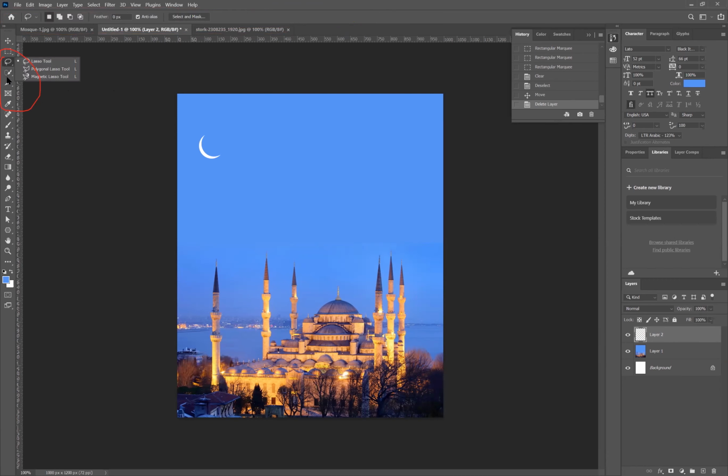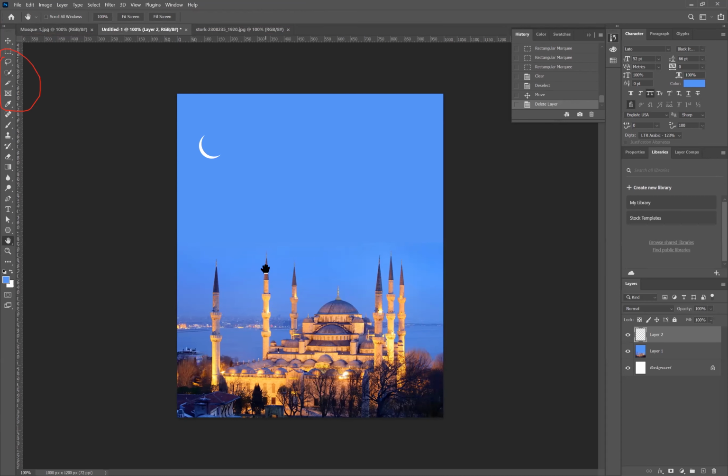Lasso, and then inside this quick selection, and then I also showed the hand sign. The hand is used to move the document if you have zoomed into it. For example, how can I zoom into the document if I want to see in detail? What is the shortcut?